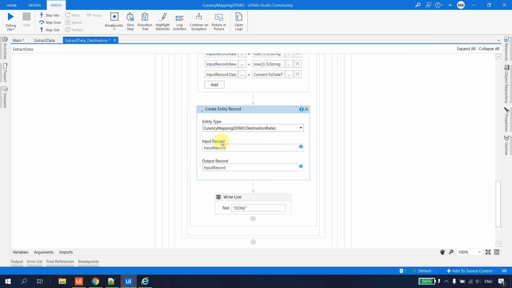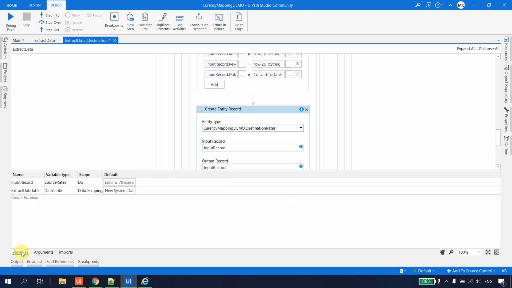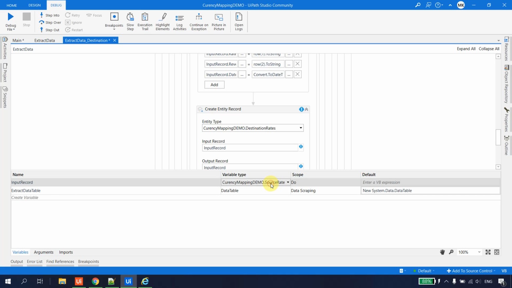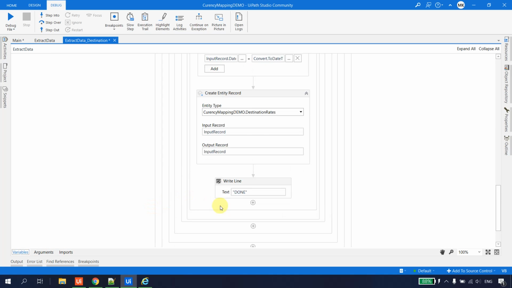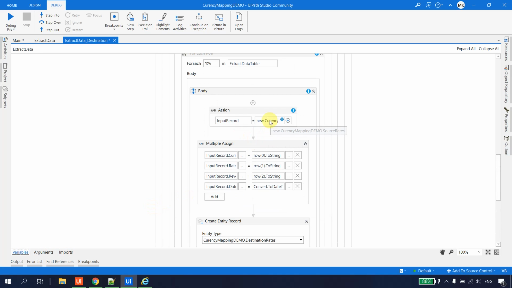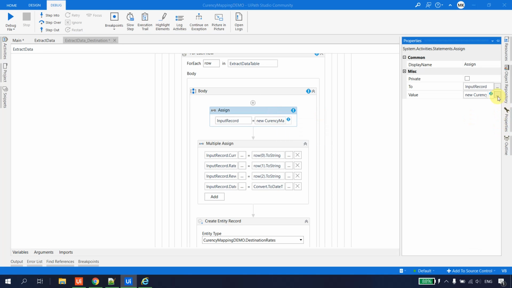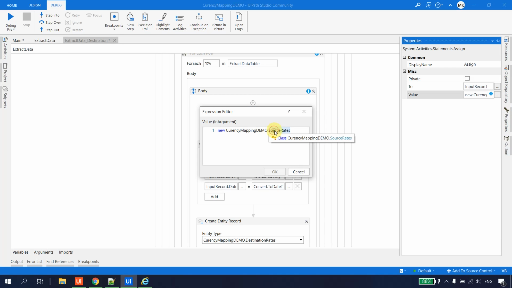Now if you see, we have started encountering an error which says that input record is of different type, because if you go to the variables, the input record is of type source rate. Okay, and we have to just change it to the destination rates. That's it. And here also we'll go to properties, and now this would be dot destination rates. Hit OK,